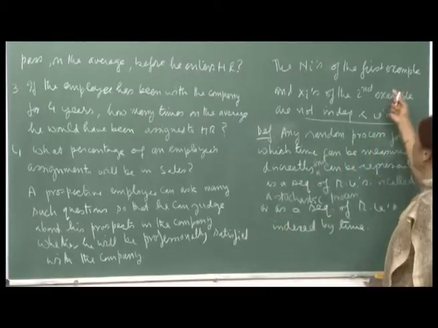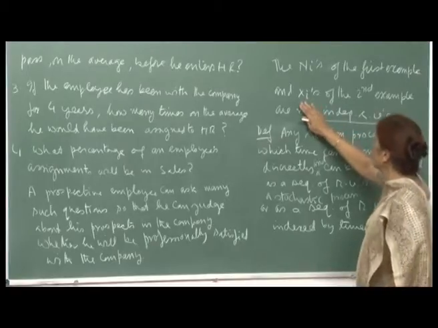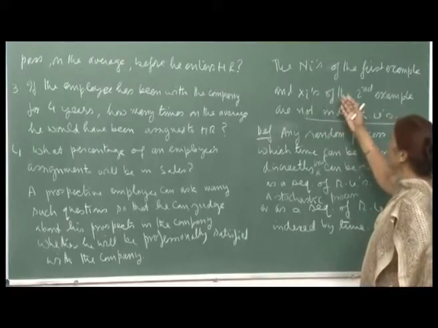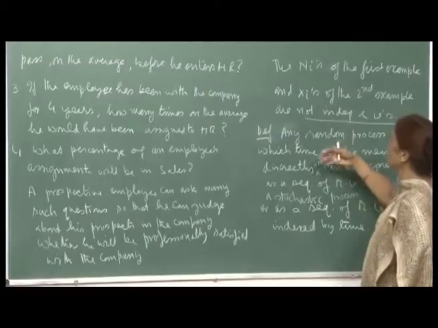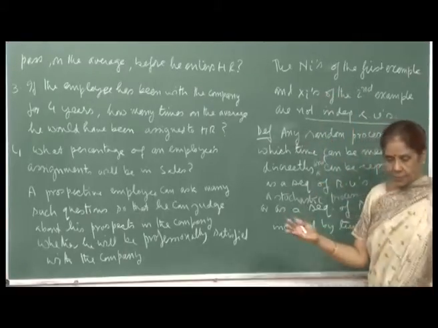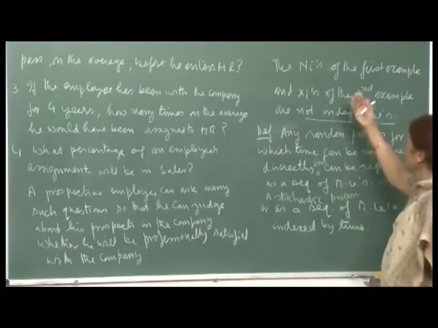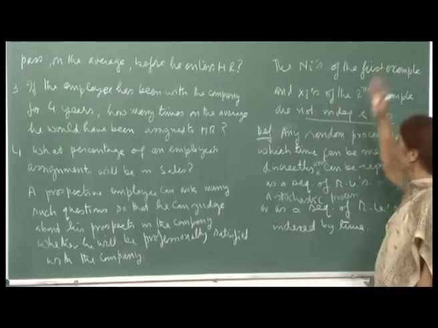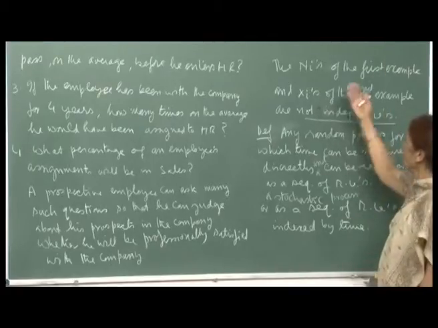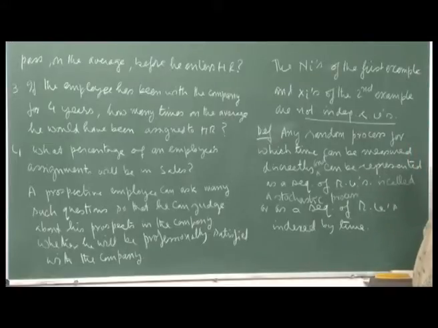Since they are not independent, you cannot say that the joint density function of X1 to X10 will be the product of individual density functions. And of course, if your planning horizon is much bigger, then you can throw up your hands and say that no, I can't compute a joint density function of so many random variables, right. So, therefore, we need to really